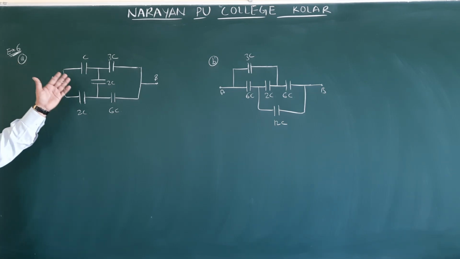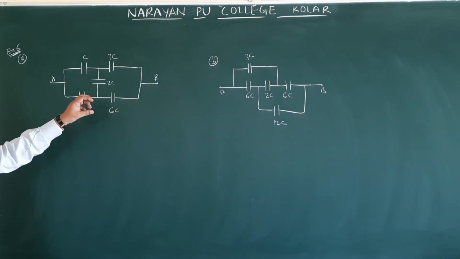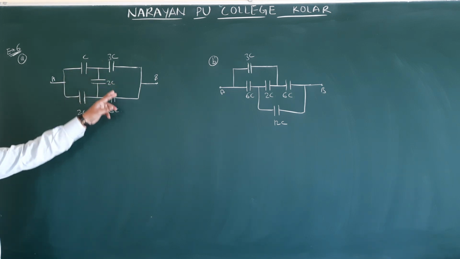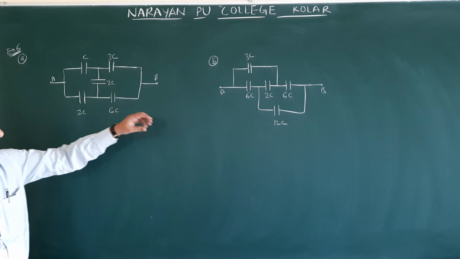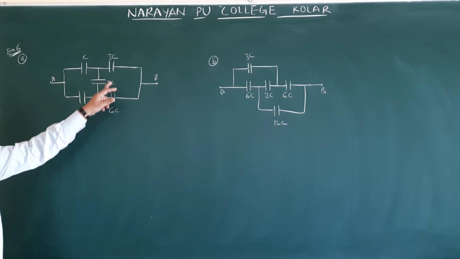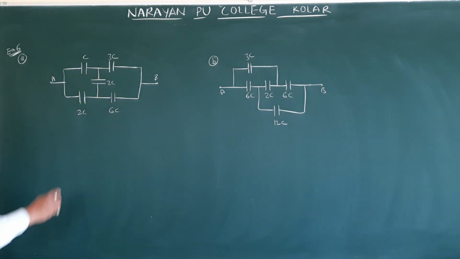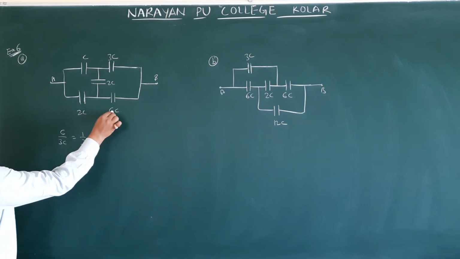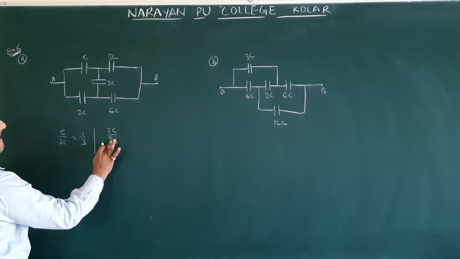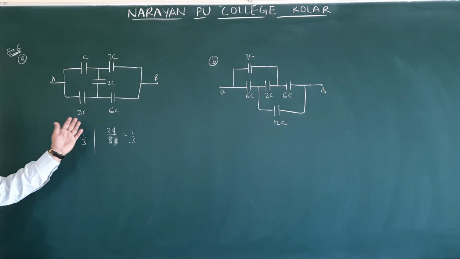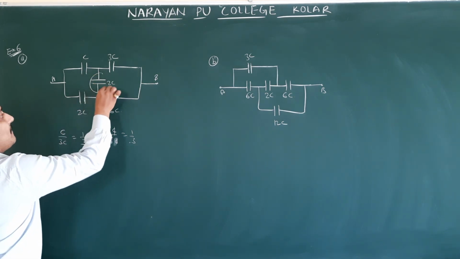See example 6 on Wheatstone bridge. They gave two problems. Whenever 5 capacitors are there, you have to think about whether it is a Wheatstone bridge or not. Here 5 capacitors are there. So is it a Wheatstone bridge? We have done so many diagrams, but this is also a Wheatstone bridge. But the condition is satisfying or not to remove this center one, we have to check. So C by 3C, how much? 1 by 3. 2C by 6C, this is also 1 by 3. Therefore the condition is satisfied, therefore we can remove this one.